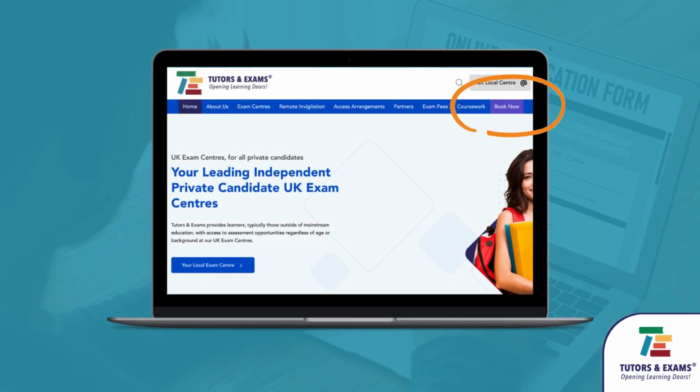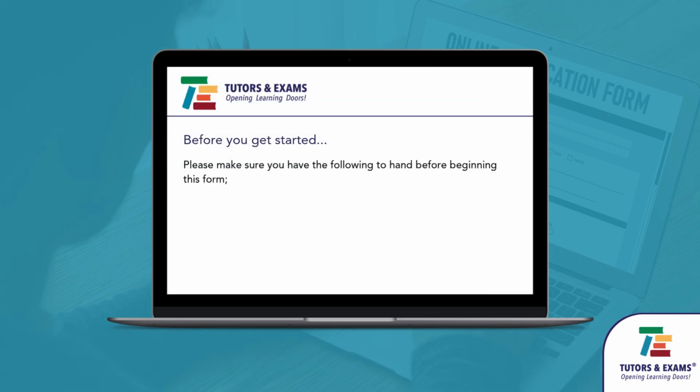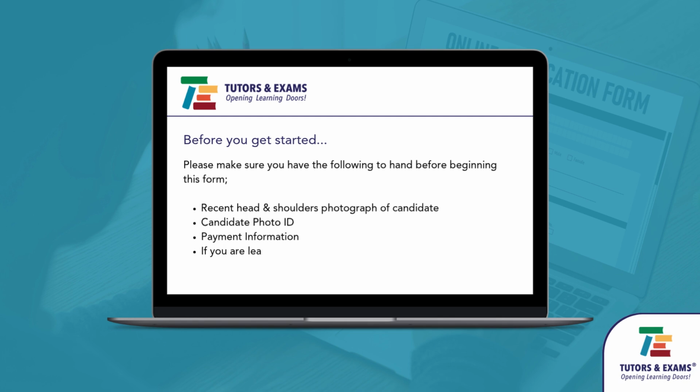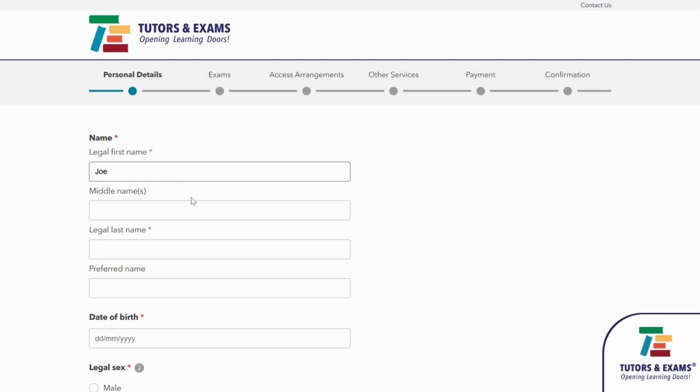Once you're ready to book your exams, select the Book Now button on the right-hand side of our homepage. Before you begin, make sure to have a recent photo, photo ID, and payment details to hand. The first page will ask for the candidate's personal details, such as their name, date of birth, home address, and